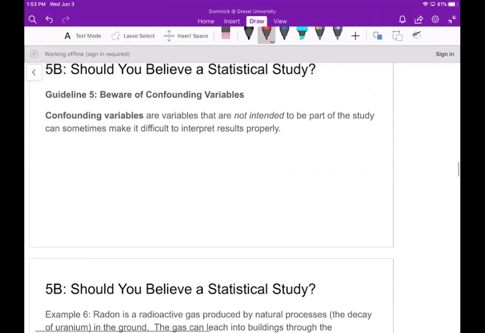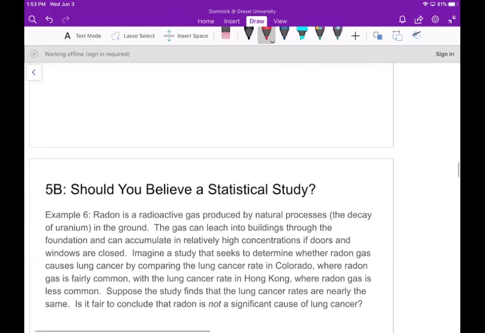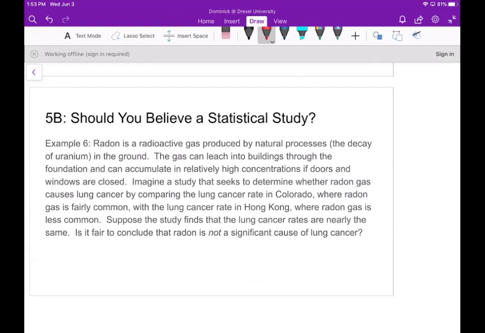Now, the next guideline is to beware of confounding variables. Now, confounding variables are variables that are not intended to be part of a study, but they can sometimes make it difficult to interpret results properly, right? So for example, in this example, we have that radon is a radioactive gas that's produced by natural processes. So it's the decay of uranium mostly in the ground. Now, the gas can leach into buildings through the foundation and can accumulate in relatively high concentrations if doors and